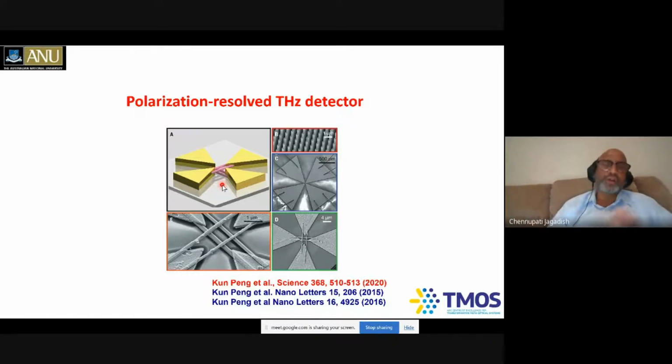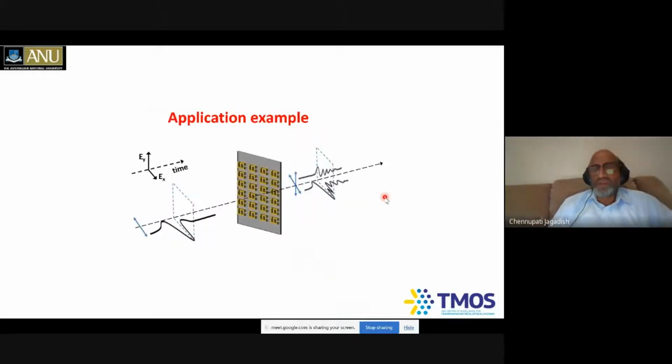So that's where Kun Pang has spent about 3 years optimizing these things. You can see the nanowires, which are grown by MOCVD at the ANU, and also these bowtie antennas. If you go to a close-up of these ones, instead of using 1 nanowire, she tries to put 2 nanowires in both directions, so it becomes like a hashtag, for example. So the challenge is to avoid the top nanowires being physically in contact with the bottom nanowires. With these sorts of polarization detectors, we are trying to study terahertz metamaterials.